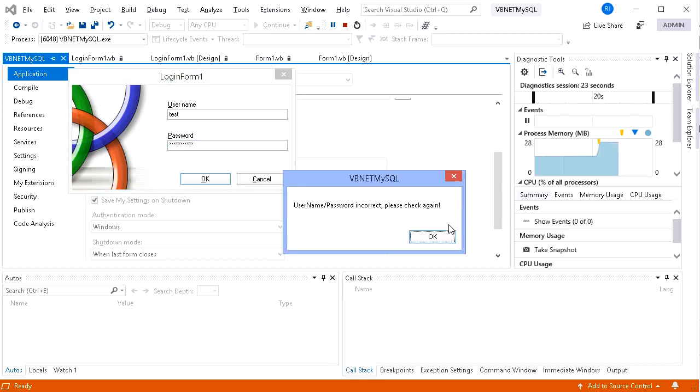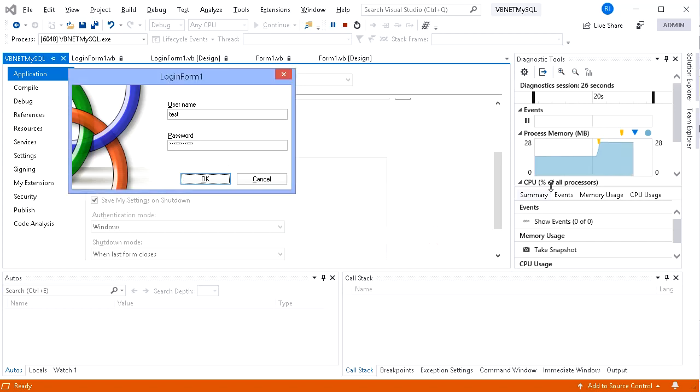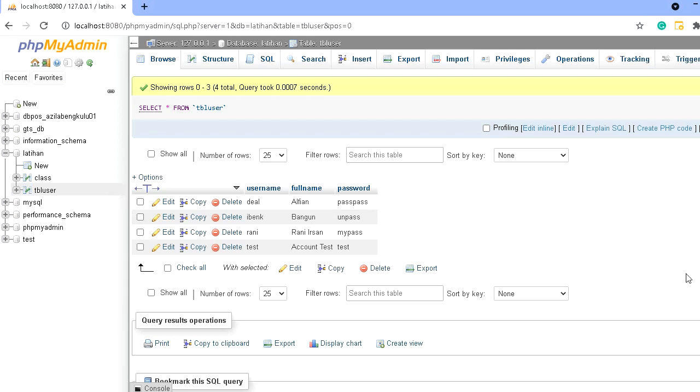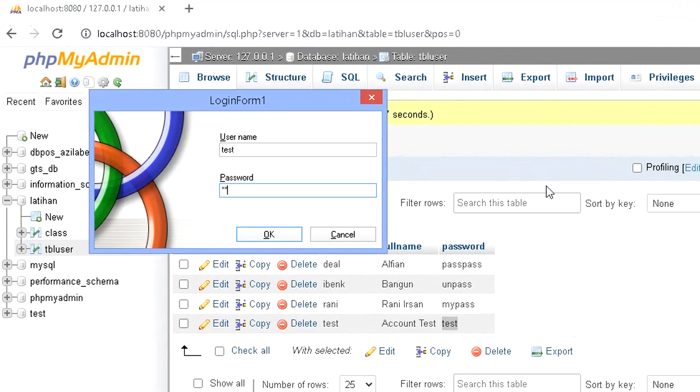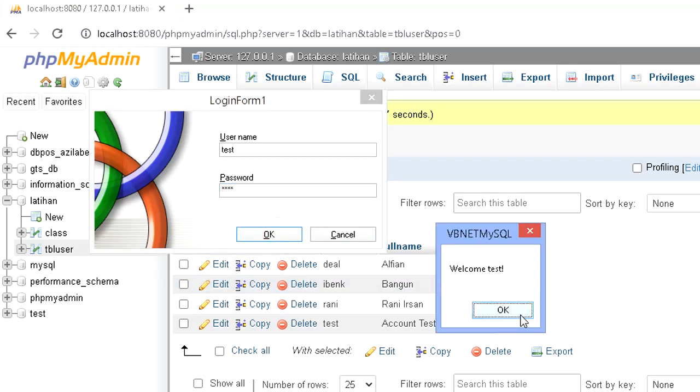Then a warning message will be displayed. Last, let's get the password from the database because we'll try to fill in both correctly. Okay, and it works.